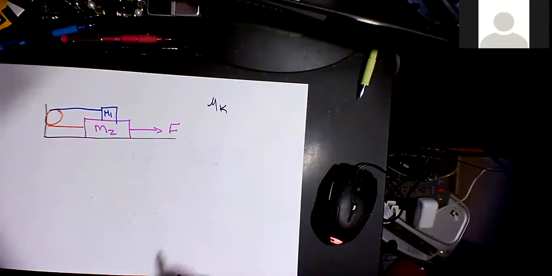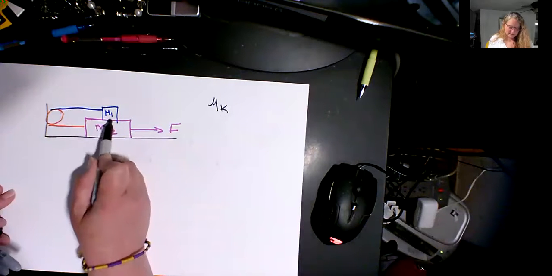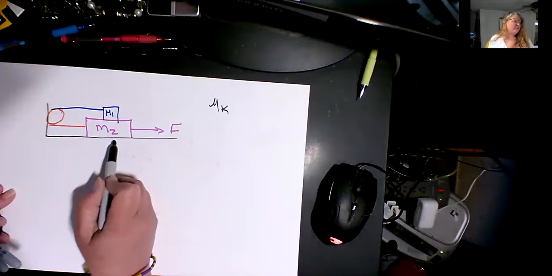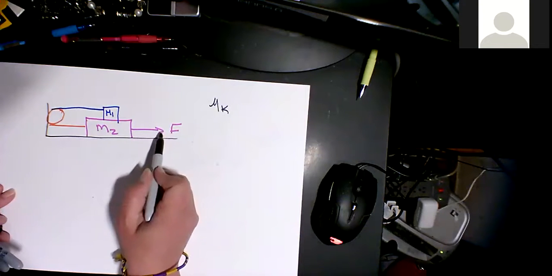Okay, so let's see, we're told that we have friction, and that the friction between these two surfaces is exactly the same as the friction between these two surfaces. So we want to find this in terms of,